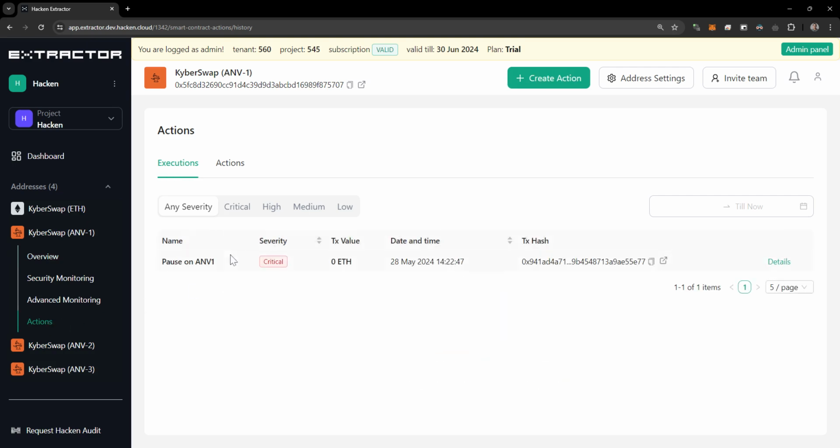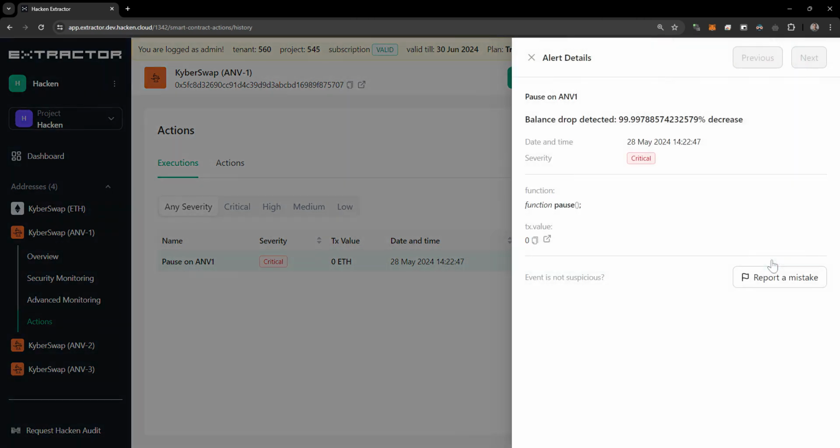We have the pause on the env1 executed successfully because we configured it to listen to the events on the KyberSwap Ethereum network by the balance drop detector. As you can see, it's the execution of the pause method on the env1. And here you can also see the details about it. For example, a balance drop detected. It's a 99.99% decrease on the balance. So it's a huge